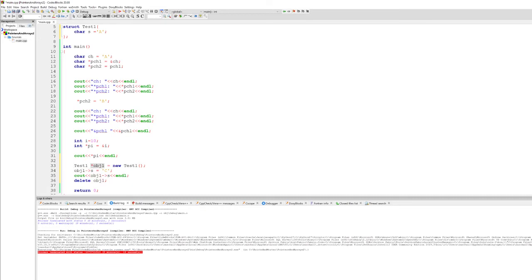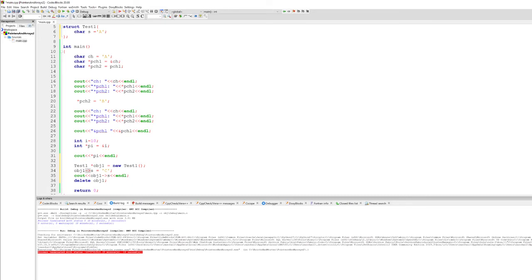So basically I declared a pointer here of type test1, but now I'm doing new test1. What this does is it will dynamically allocate memory for this pointer, and the pointer will point to this memory location. And notice that when I'm accessing the variable s of this object,